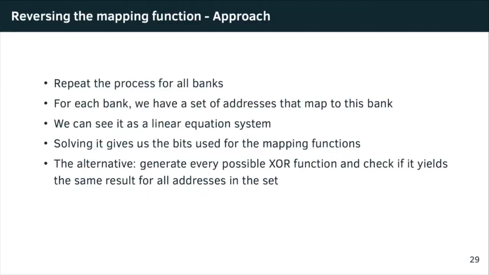So brute forcing the equation system, you only have zeros or ones as coefficients, and you only have up to 30 coefficients. That's very fast. So it was in the order of seconds to minutes, depending on the computer. The fastest result, for example, on this computer, was 6 seconds from starting the measurement until having the mapping function, and the slow part was the measurement. So brute forcing the equation system took a fraction of a second.